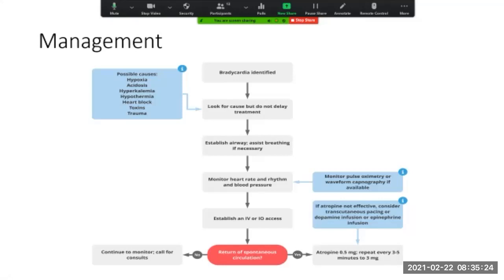And if the heart responds to atropine, great. Your heart rate will come up, your BP will come up, everything will be okay, and then you start the patient on an atropine infusion after that. But what happens if it doesn't come up and you're giving atropine? Say, sorry, call the family, goodbye. Have you signed your will? Can I sell you a policy? We can't do that, right? So there are other things that we can do. So that's what we're going to look at now, all right?